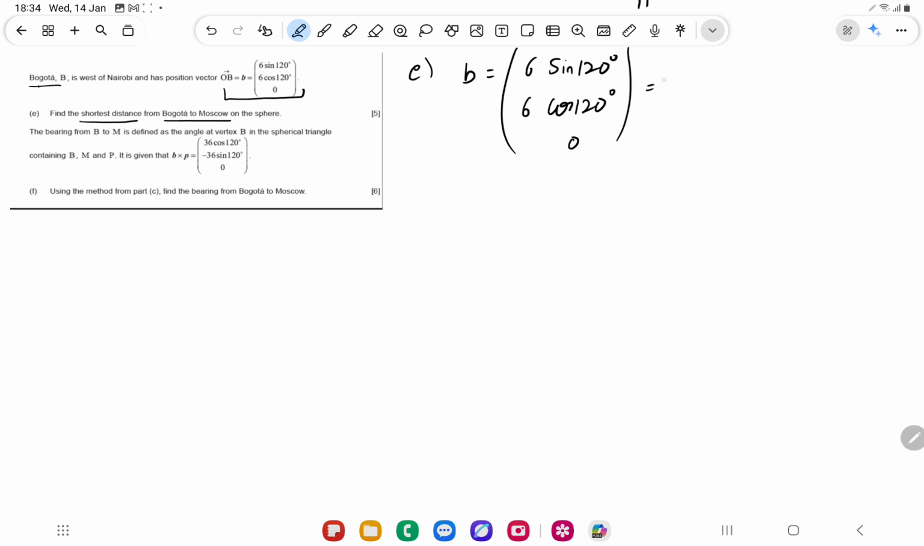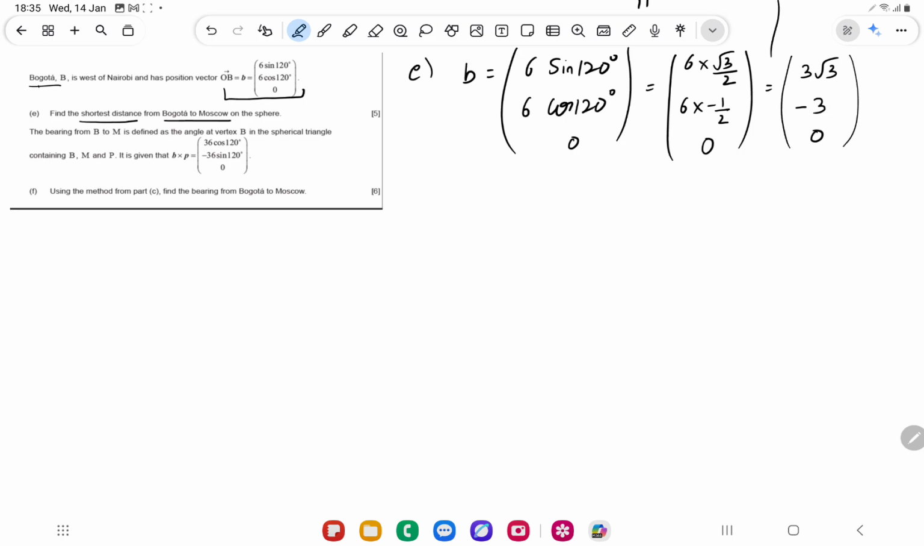So when we convert and take the values, it will be 6 into root 3 by 2, 6 into minus 1 by 2, and 0. So if we solve it further, it will be 3 root 3, minus 3, and 0. So we simplified B first. Now let alpha be the angle between B